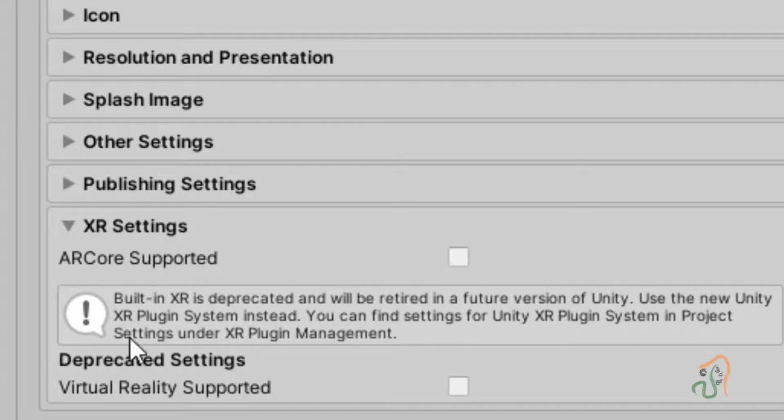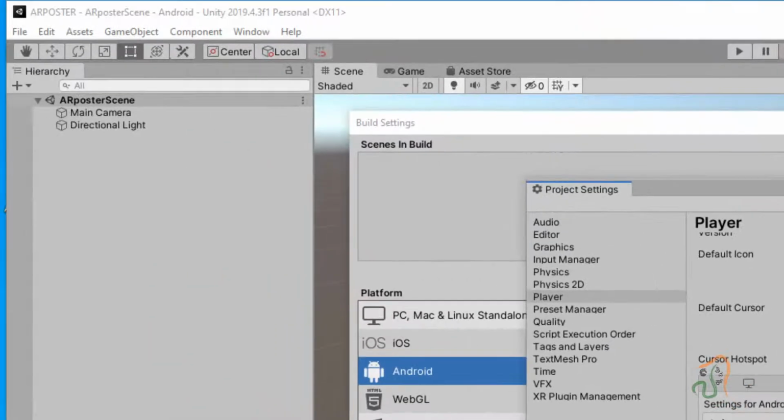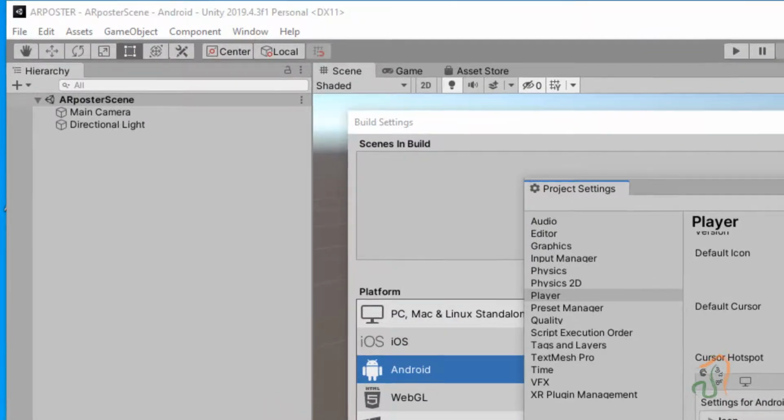So use the new Unity XR plugin system instead. To access this system, you have to go to Project Settings under XR Plugin Management. So this entire setup has now changed.